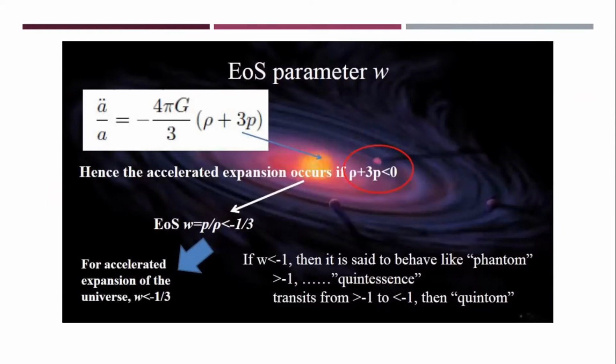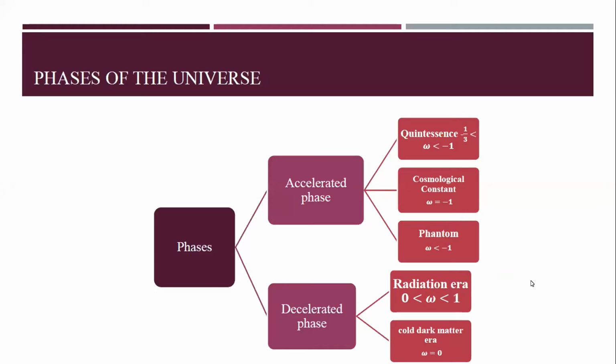So that's the picture to elaborate the cosmic acceleration mathematically. If we take the second Friedmann equation, this equation of state parameter, for example, we can explain different eras of the universe, which can be classified as the decelerated phase, and the cosmic acceleration era, which can also be known as the accelerated phase of the universe.